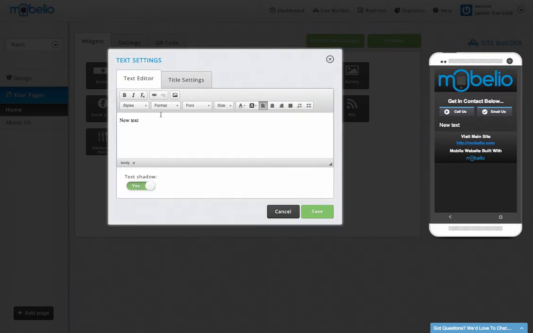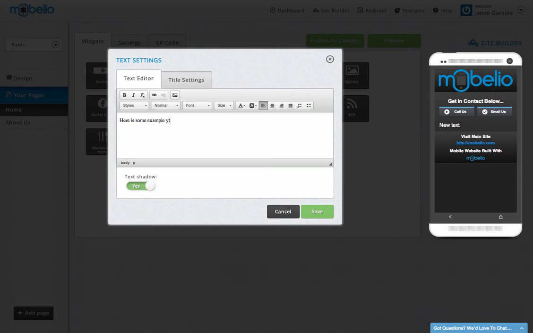So in the text editor here, very, very simple. Once you've dragged text in, you have the option here to type in whatever you want. So if you've got text from your main website, a page of your website, again, you can copy the text in here if you want, to make it easier for you to configure, or you can type it out manually. So just as an example here, I'm just going to type in "here is some example text",